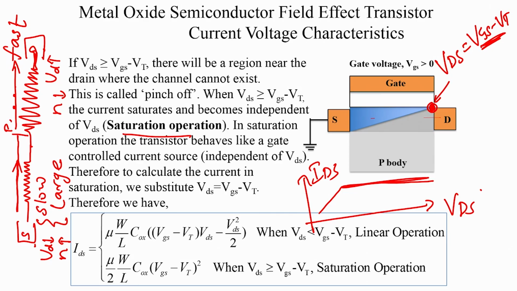with VDS. So, what we do is we take this equation, which is the linear equation, and in order to find out what this current is, we look at the last point on the linear region, we substitute VDS equal to VGS minus VT, and we use that as the current for all values of VDS which are greater than VGS minus VT. So, we just say when VDS is VGS minus VT, what happens? The current becomes VGS minus VT squared by